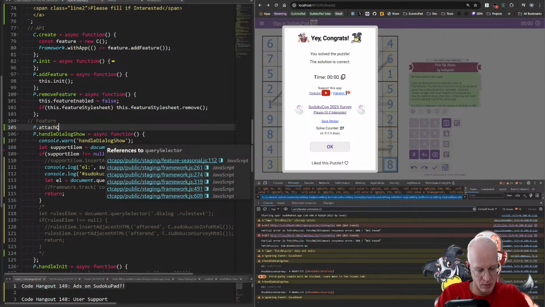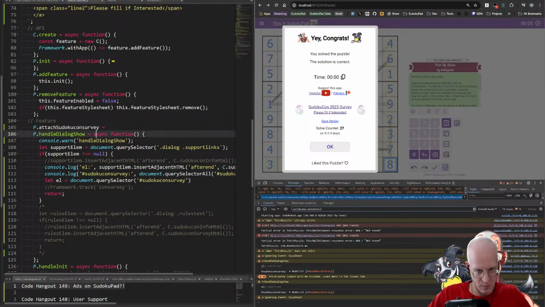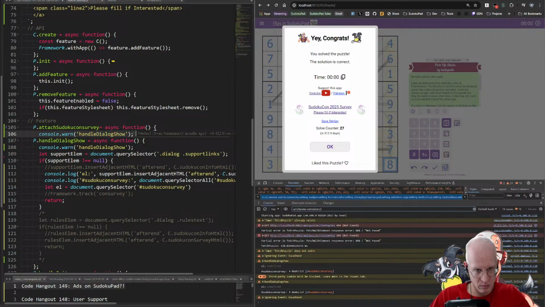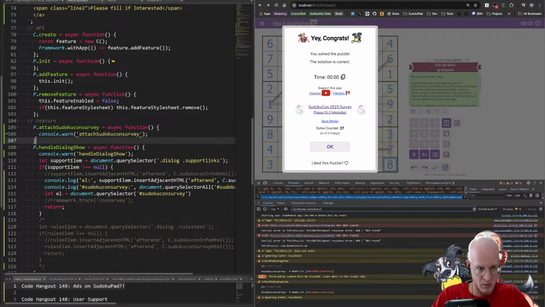Attach on SudokuCon survey. Let's write it out, because in the future when I search for this, I might be angry with myself if I don't write it out. Right. So,